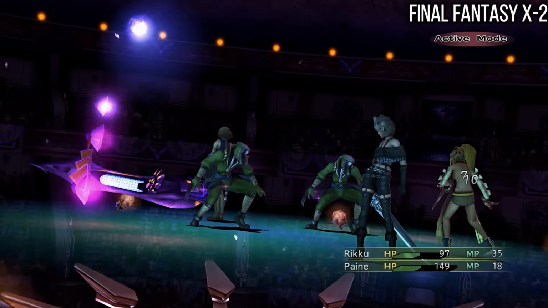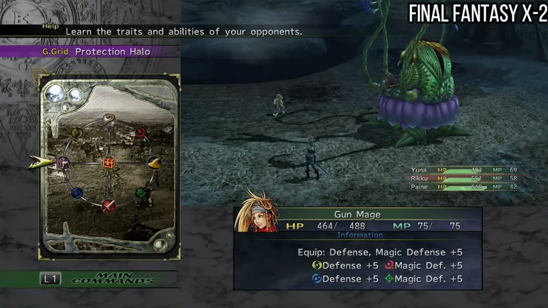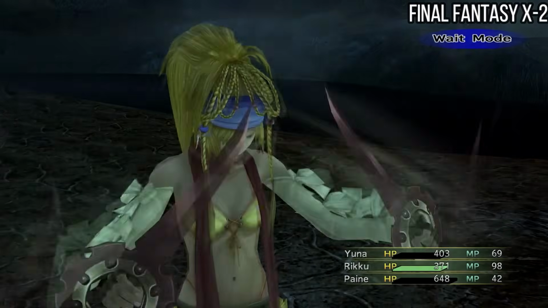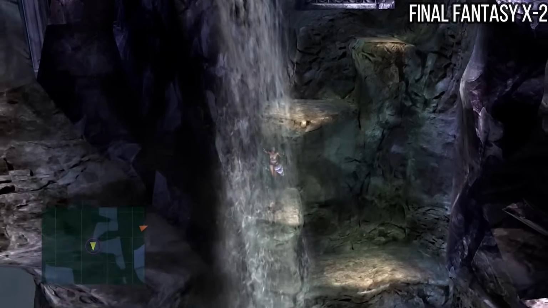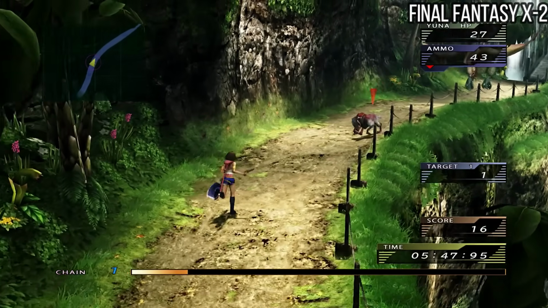the surface it hides one of the deepest job systems in the entire series. The dress sphere mechanic lets you switch classes mid-battle, with flashy animations and tons of strategy. Each outfit changes how your characters fight, and mastering the system opens up a crazy amount of possibilities in combat. The game also leans hard into player choice, with multiple endings depending on what you do and how much of the world you explore. Visually, the game took full advantage of the engine from Final Fantasy X, but didn't just